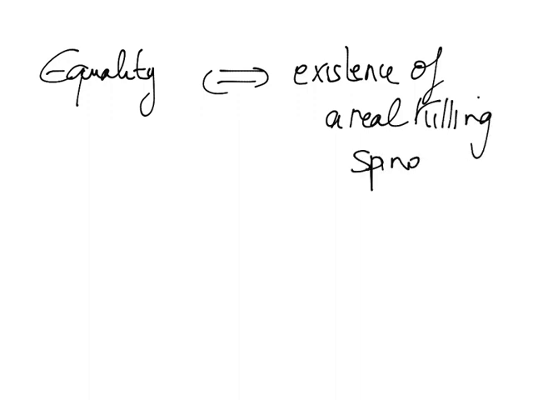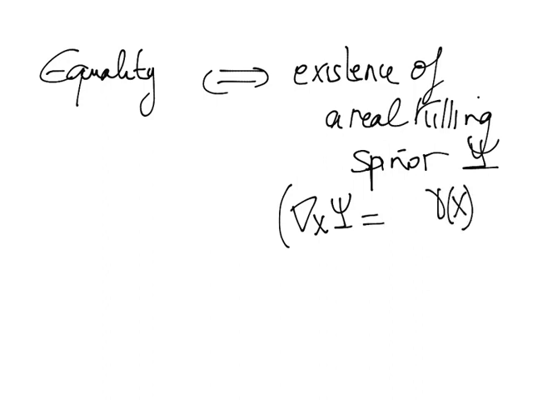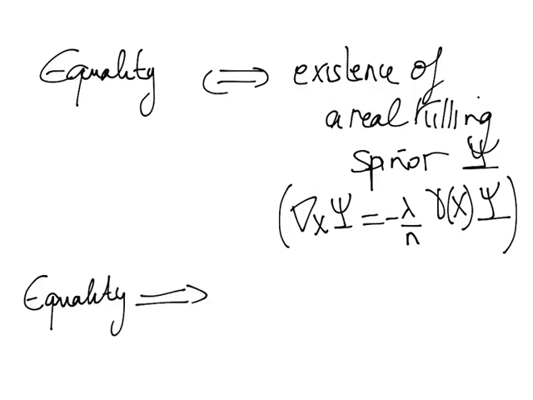So what does it mean, a real Killing spinor? It is a spinor psi satisfying that the covariant derivative is proportional to the Clifford multiplication gamma(X) of psi, up to a constant. In my case, it's minus lambda over n, where lambda is the eigenvalue. And equality also implies that your manifold M is